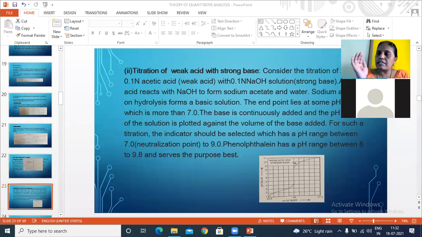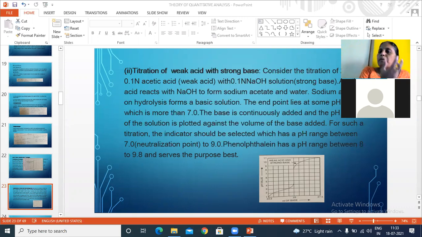So sodium acetate is formed from acetic acid and sodium hydroxide along with the water. The same sodium acetate formed from the forward reaction undergoes dissociation, because water is present in that reaction, so it undergoes a hydrolysis reaction. Once again, we can expect acetic acid and sodium hydroxide because it's a reversible reaction. When sodium acetate undergoes hydrolysis, that means reaction with water, it leads to acetic acid and sodium hydroxide once again.